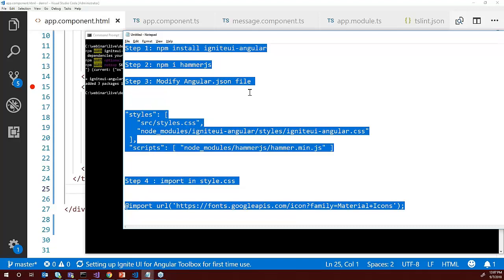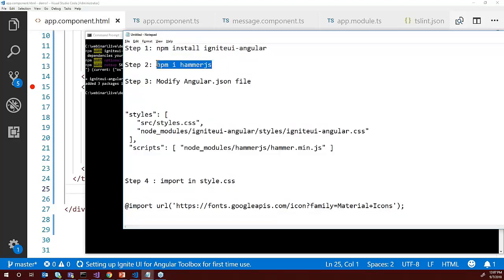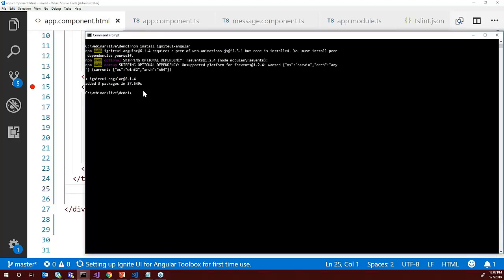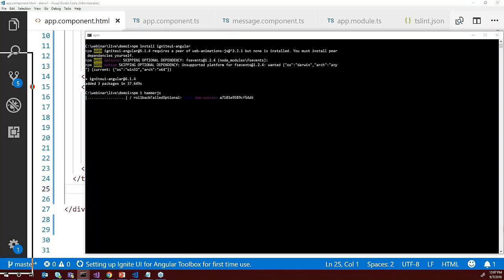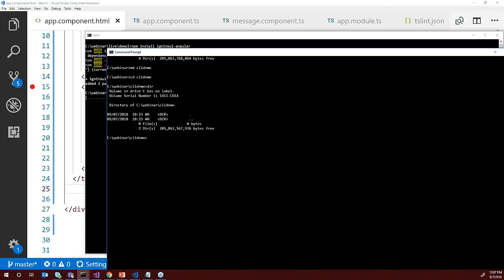Only these steps you need to do, and you should be able to start using any Ignite UI for Angular components in your application. So here I'm saying npm i Hammer.js. Once that is done, it will install Hammer.js. While it is taking time to install, let me come back and show you something called Ignite UI CLI,